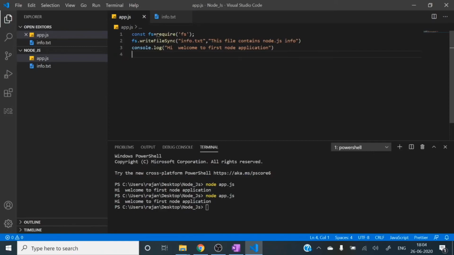In the next video, we'll see how we can export a function or a variable from another JavaScript file. Here we learned how to load our core package or core module. In the next lecture, we'll see how to get those variables or methods from another JS file into this JavaScript file. So let's see in the next video.